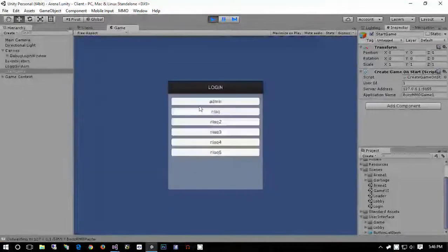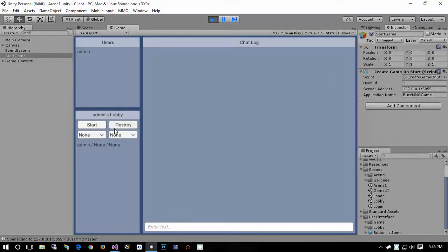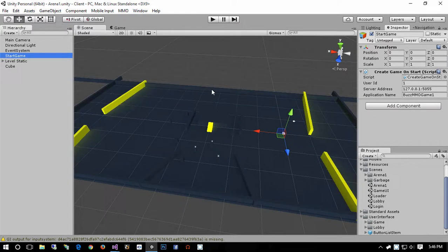In fact, if I were to hit back and log back in as admin, well, it didn't get the memo apparently, but it should. Oh, right. Never mind. My Start Game object, when you do on application quit, it'll automatically destroy the game. So that's why there was no rejoin button. Anyway, so that's just a quick tour